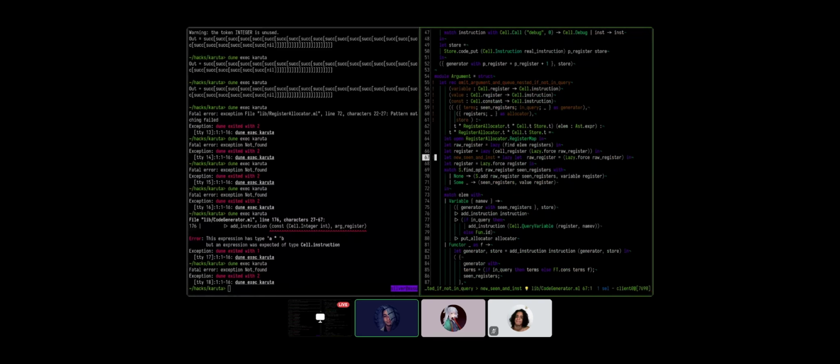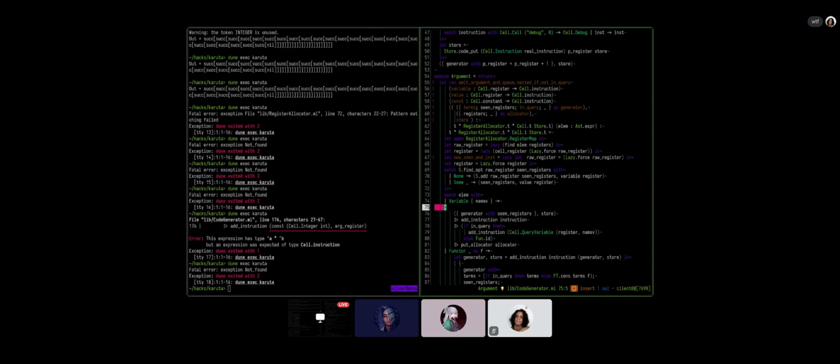Okay, so what did Marinho do here? So now register and raw register are lazy. We have a problem though. Line 79. You also need to force the register.